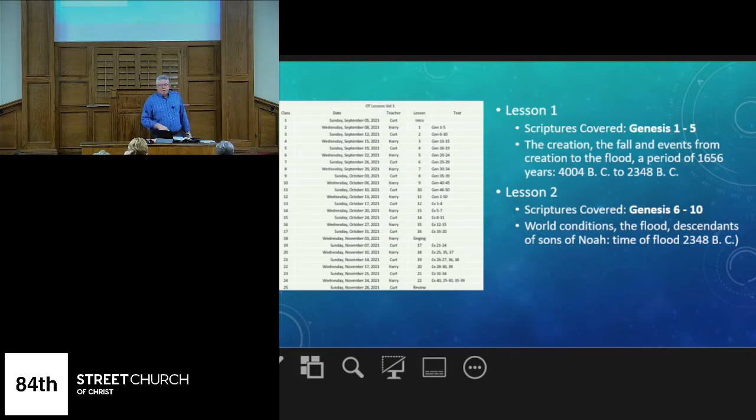So last class, which was Sunday, was an introduction to what we're going to be studying, and we touched on a few topics generally about studying the Old Testament. This is a schedule. Yes, I know it's an eye chart. It'll be posted so that you'll know which chapters of Genesis and Exodus we'll be studying, even if you don't have a book. This week will be 1 through 5 in Genesis. So this is lesson 1. Last Sunday was an introduction. We're going to be going over the creation, the fall of man, and the events up to the flood.